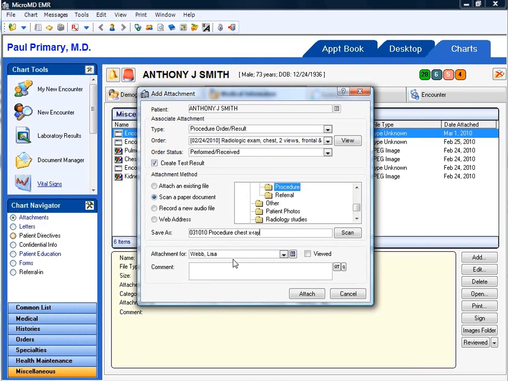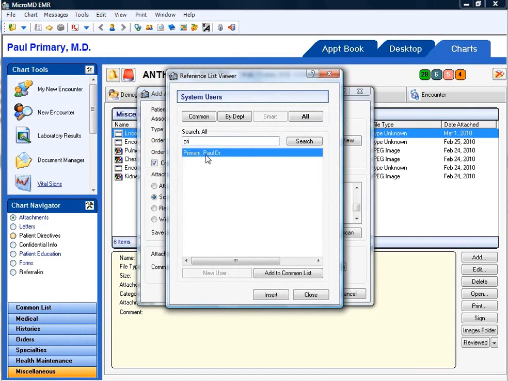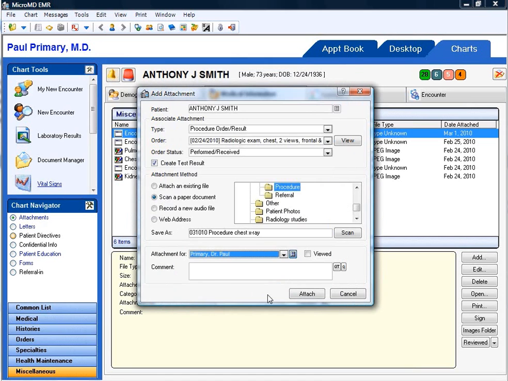You would also click on Attachment 4. So I'm going to go ahead and choose Paul Primary because he's this patient's provider, and insert the View button. If this provider has already viewed the results, you can click on Viewed, and it will not go to his desktop to be viewed again. And you can also add additional comments. Once you have all the information filled in, click on Scan,